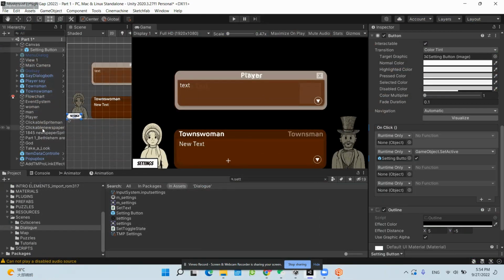So Yiting and I are working on the implementation of the settings button. We picked part one because we know it's a very complete dialogue sequence. The first thing we did was to create a canvas, and I can show here how we created a canvas